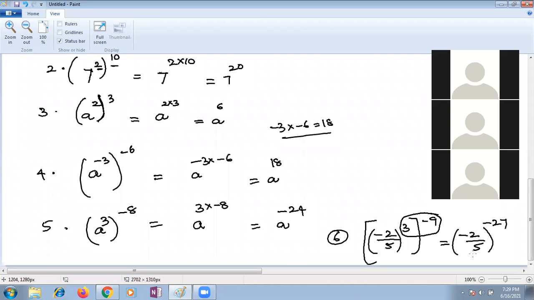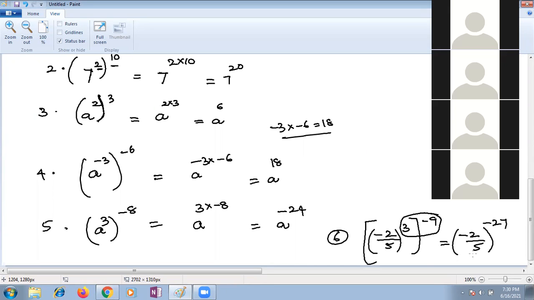Who is that? Aditi, right? Ma'am, Aditi told. Even I think it's odd. Aditi and Sriti. Aditi, here the result. Suppose I'm expanding that number, minus 2 by 5 whole to the power minus 27. If I expand, I can evaluate whether I'm getting a positive result or a negative result.